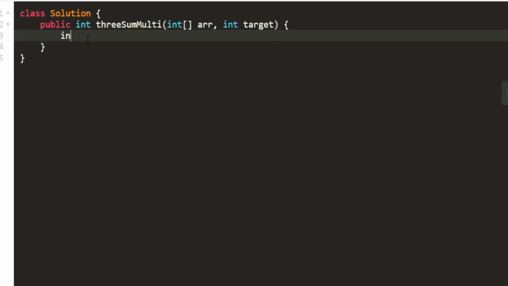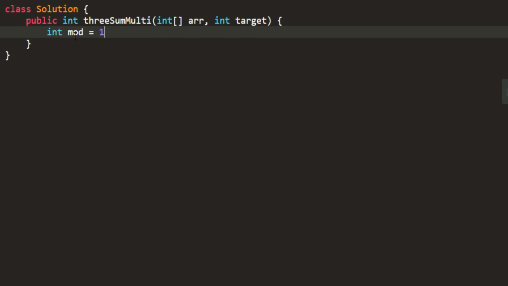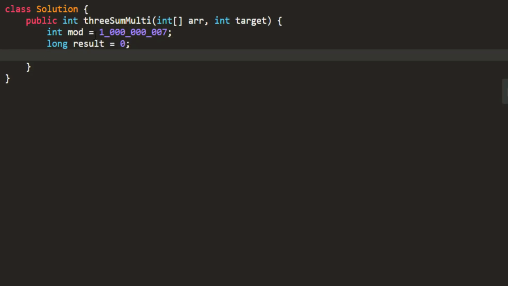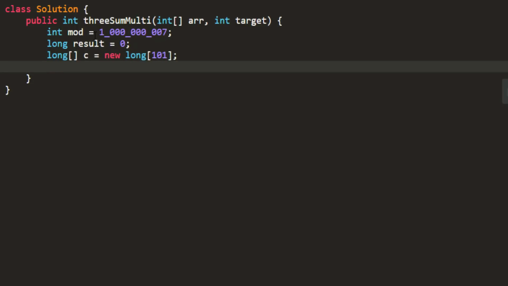So the first thing over here is also the mod, and the second thing is result. So let's take a long result, and the third thing is the count array. So let's take that also as a long, and now we need to fill this array. So we'll iterate over each integer in my array and add it in the count.